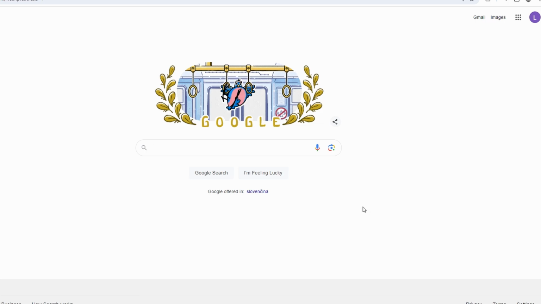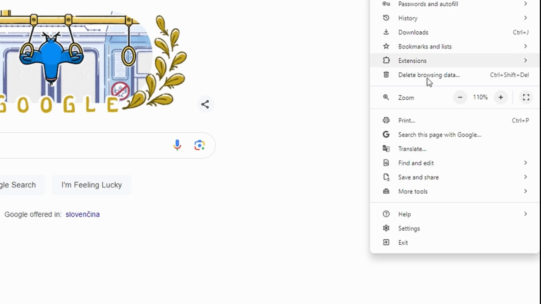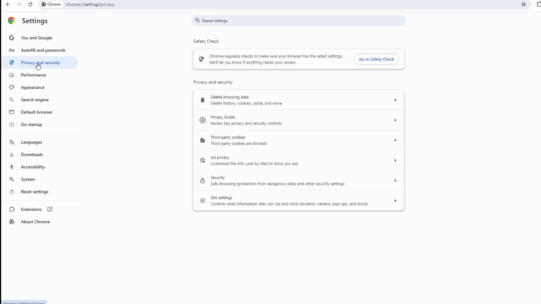In today's video, I'm going to show you how to fix the sync paused error in Google Chrome. Go to the right corner of Google Chrome and click on the three dots menu icon, and from the drop-down menu select Settings. In the Settings menu, look at the left-hand side and click on Privacy and Security, and scroll down and click